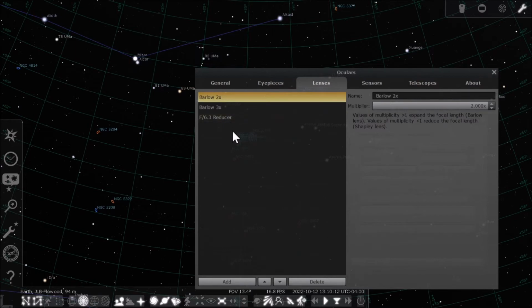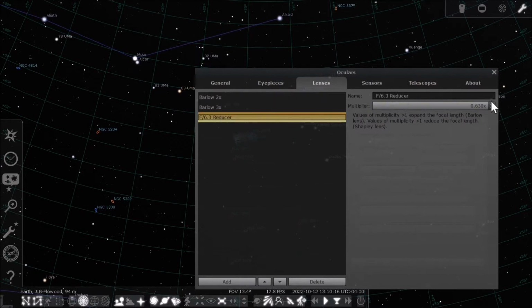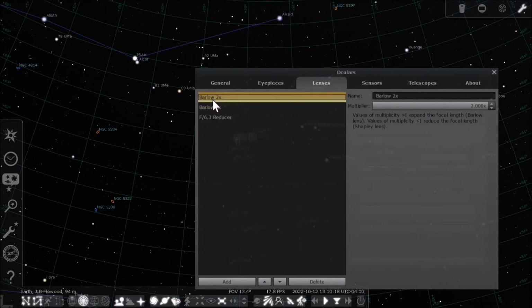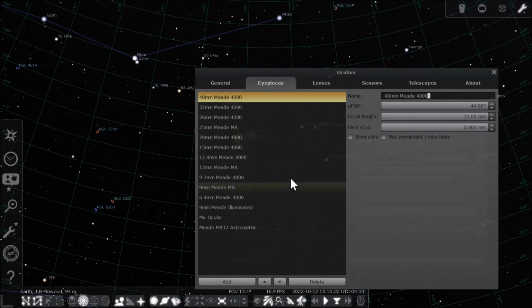because I do have a Meade 6.3, and this item right here may not be exactly the specs for my Meade. Eyepieces came with a whole bunch of eyepieces, but hardly any of them were Meade, so I had to pretty much eliminate all of them and put in new ones. So what you can do here is when you enter in all your equipment